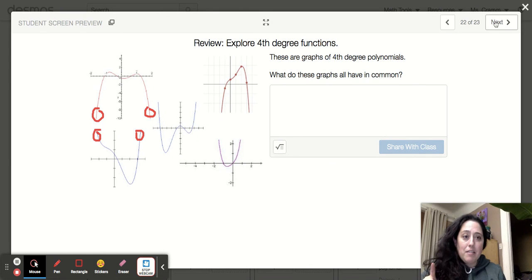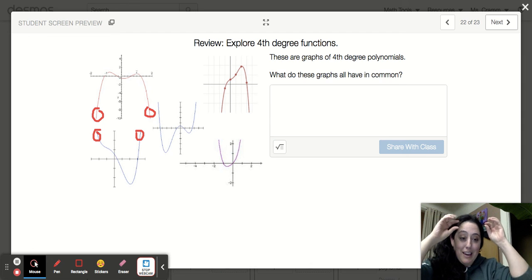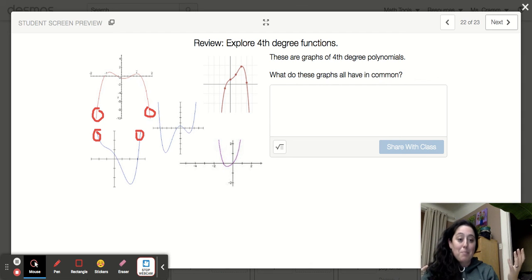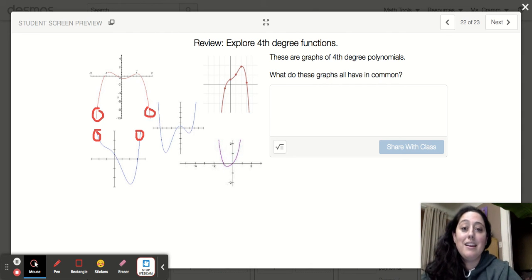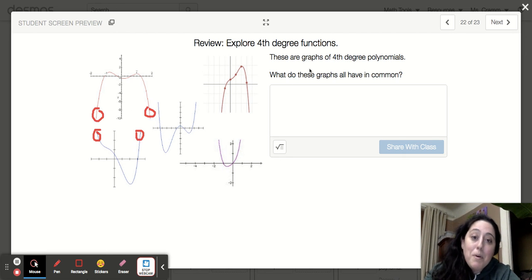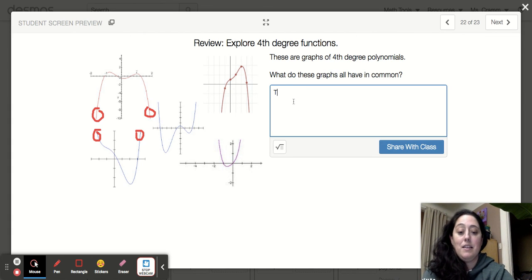Oh, and I think someone did want to go over 22. I hope that was the question on 22. What do they have in common? Their end functions are all the same, or either they start and end in the same place is what I'm trying to say. Obviously some of them start down and end down, others start up and end up, but they all